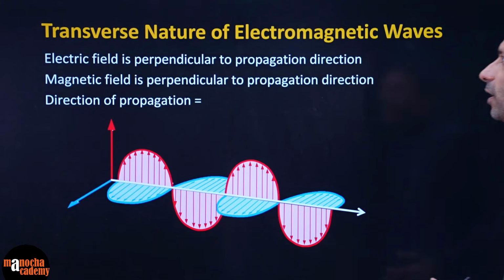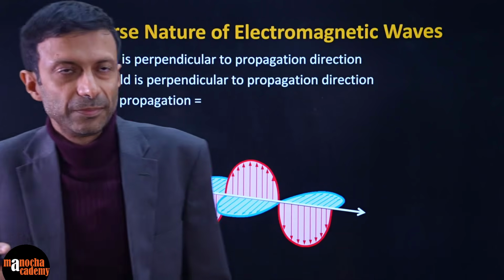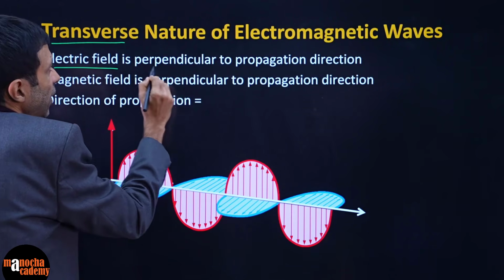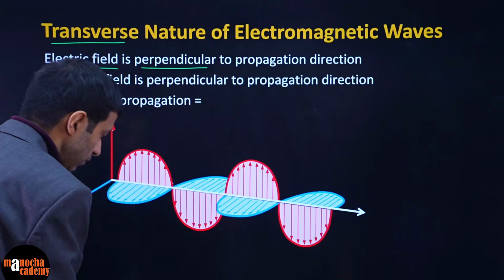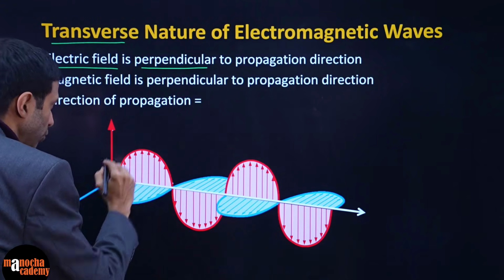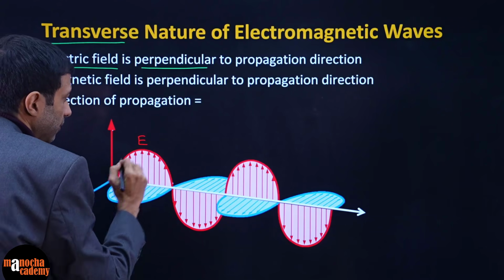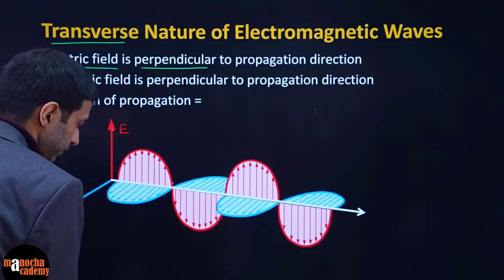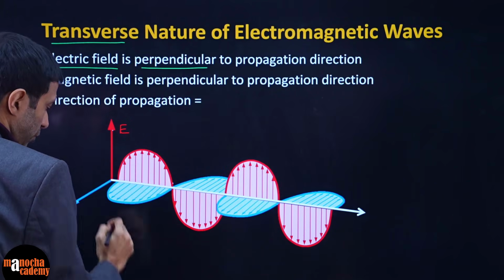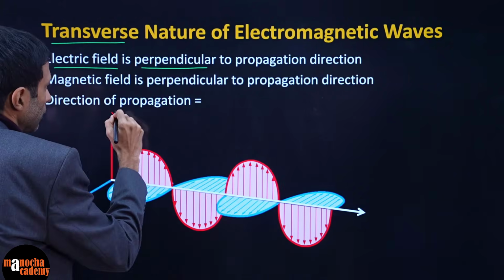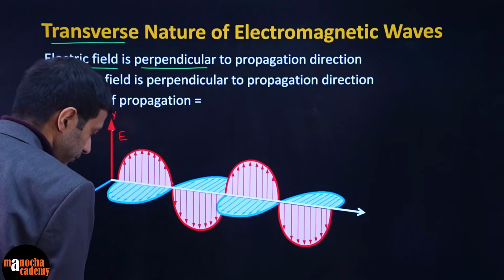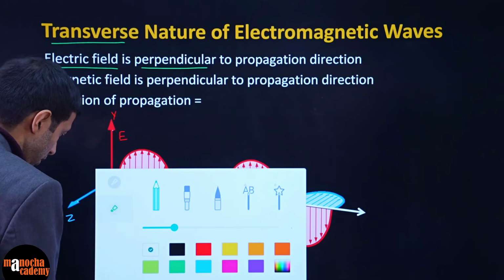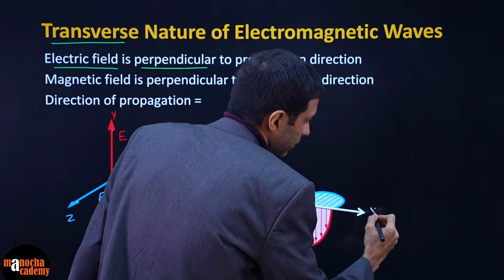So this is very important that it is a transverse nature. As we discussed, it is transverse because the electric field is perpendicular. Check here, check. If you don't believe me, you check. The electric field here, E, is along this direction, right? E is along the Y direction. So this was the Y direction, let's label it. E is along the Y. Magnetic field is along the Z. And the wave is along the X direction.